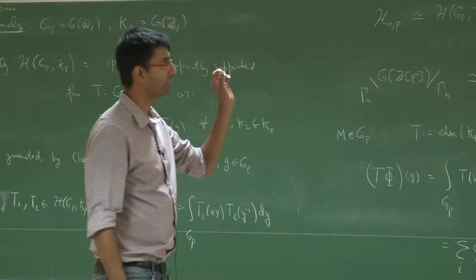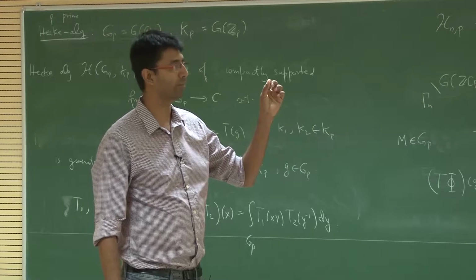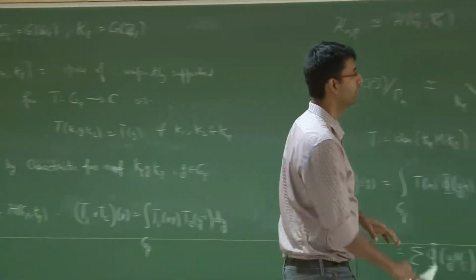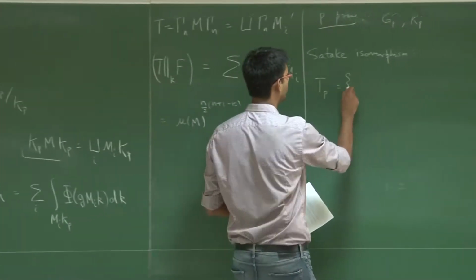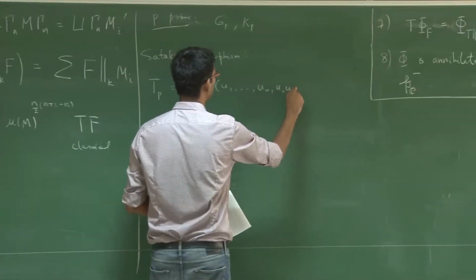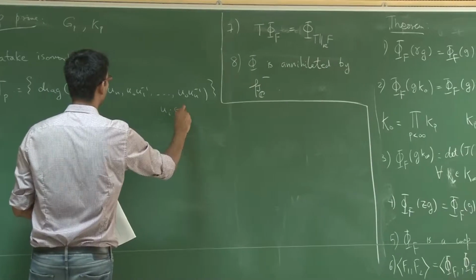So if you have a GL_n, you can take arbitrary diagonal elements, but now since you have the symplectic group, the first n and the last n have to be related to each other. So this looks like diagonal u_1 to u_n, and then u_0 u_1 inverse to u_0 u_n inverse,